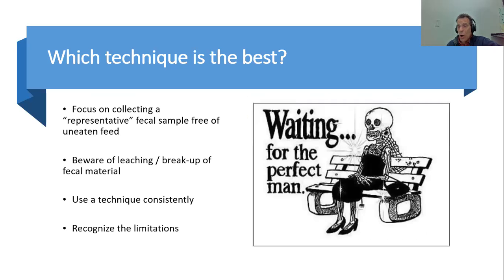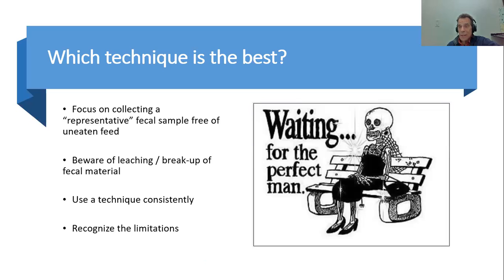Now, I showed you all the bad side of things, right? Different techniques lead to different estimates of digestibility, different markers lead to different estimates, different mathematics lead to different estimates of digestibility, different batches of the ingredients. So why measure digestibility if it's so complicated, so fraught with error?